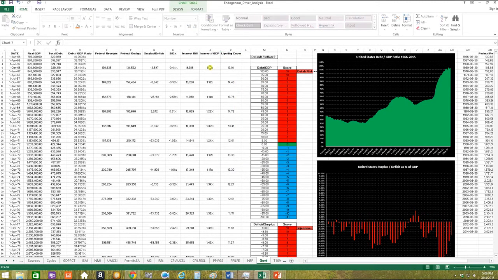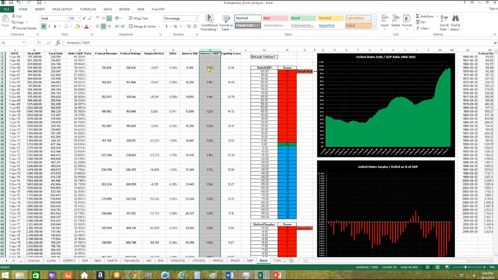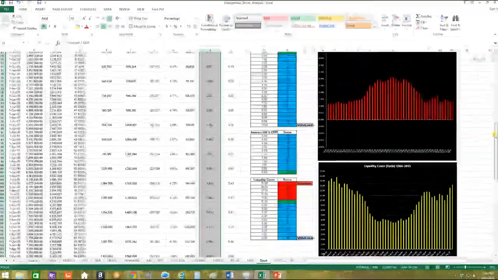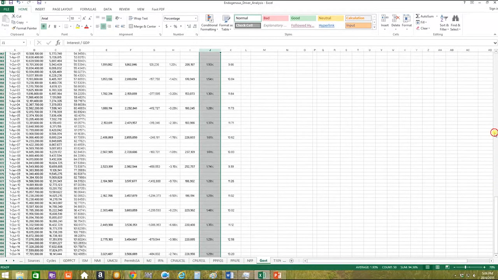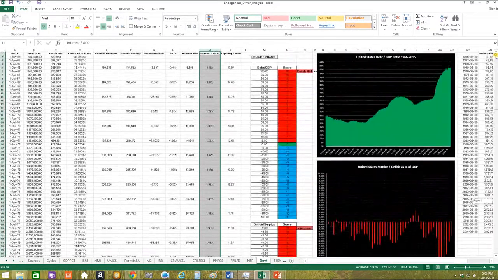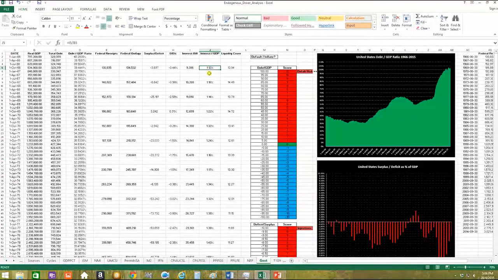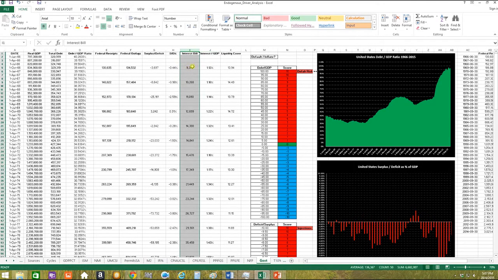And if we come out of there, we'll just highlight column J. You'll see all the way down we have our interest bill as a percentage of overall GDP, all the way up to present day. If we scroll back up to the top, we can have a look at the cells this is referencing. It's referencing column B as the denominator in our fraction, and column B, as we know, is our GDP numbers, and the numerator is column I, and column I is our interest bill.